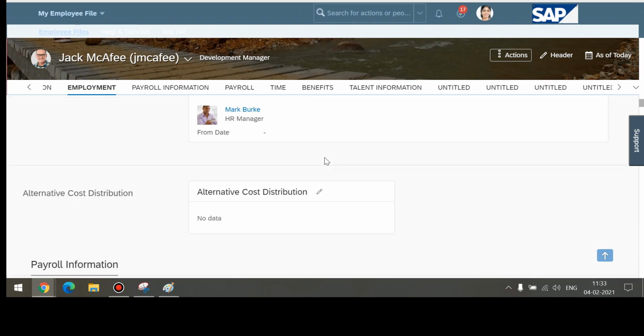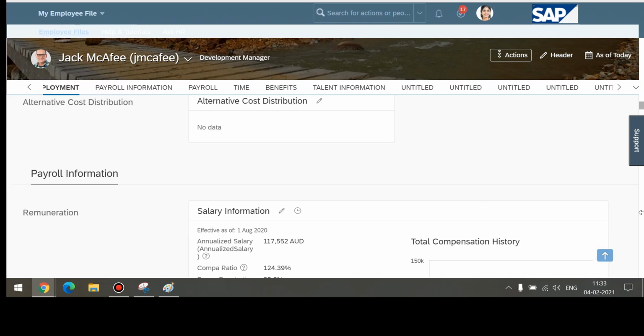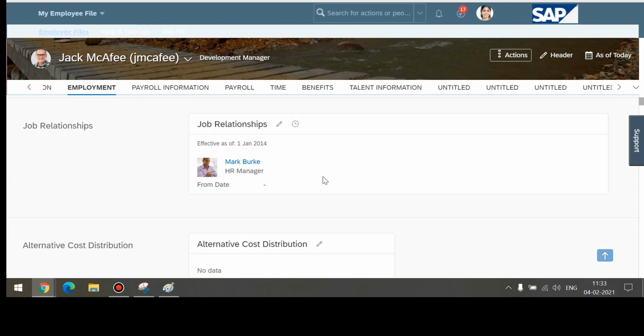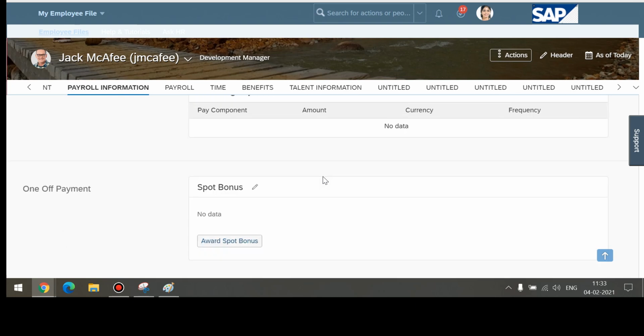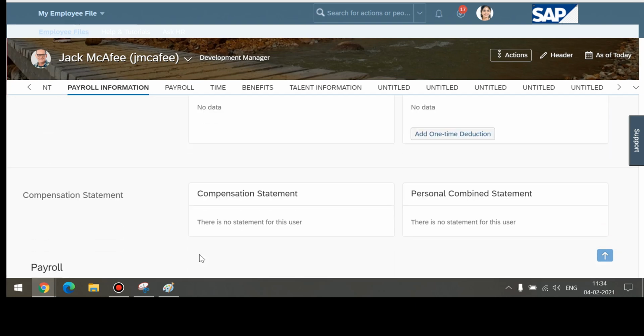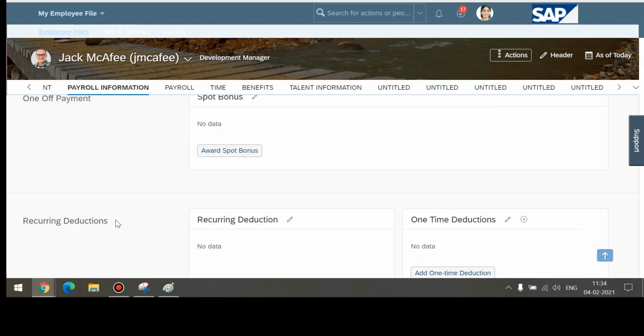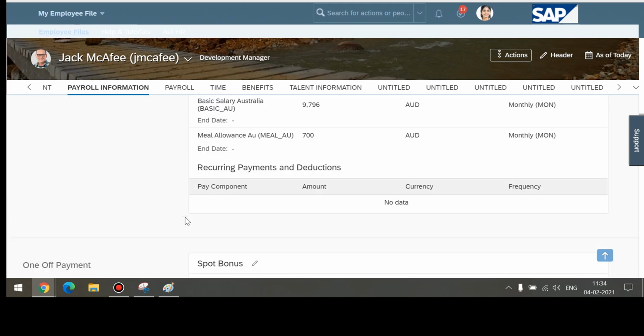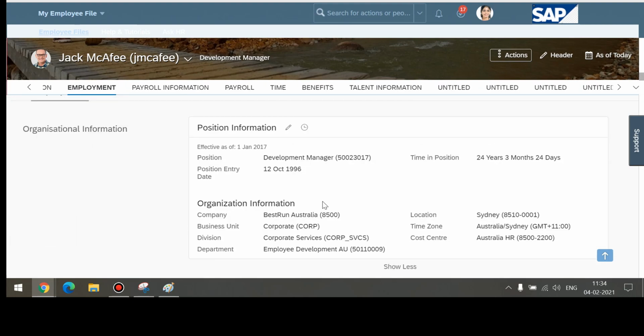ओके. तो पोर्टलेट में क्या क्या फील्ड्स रहेंगे, वो आपको याद रखना पड़ेगा. ओके, एटलीस्ट टिल दिस वन टाइम डिडक्शन, रिकरिंग डिडक्शन, यहाँ तक देख लो. उससे नीचे मत जाओ, जरूरत नहीं है. ओके, रिकरिंग डिडक्शंस तक जो भी पोर्टलेट्स है वो सब यू हैव टू just make sure that